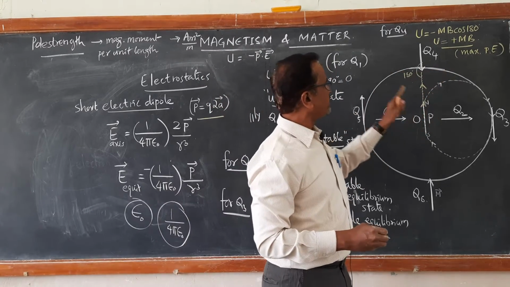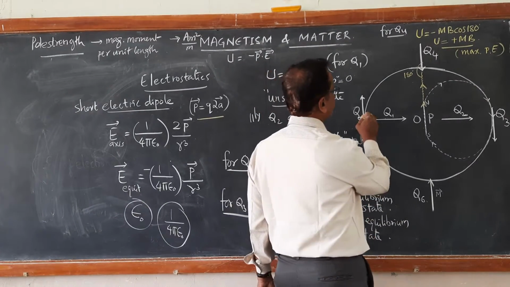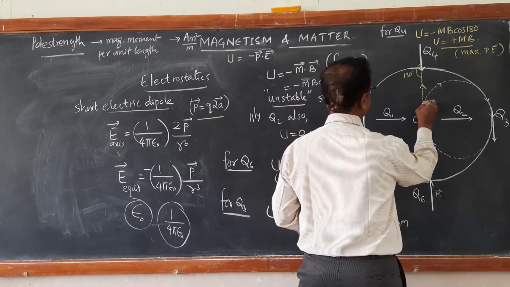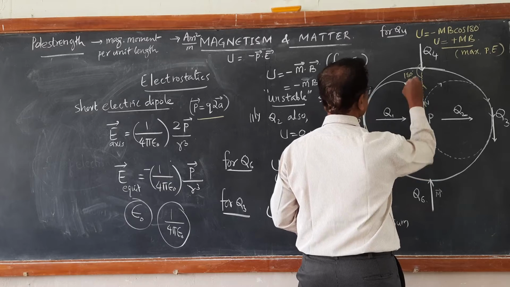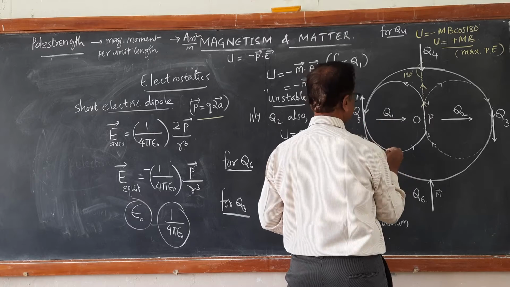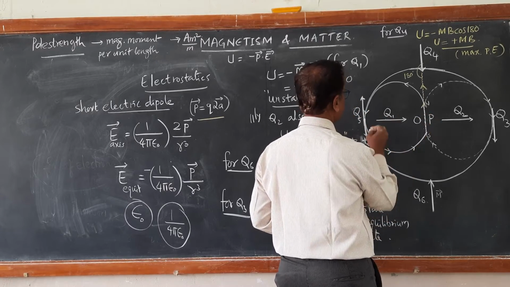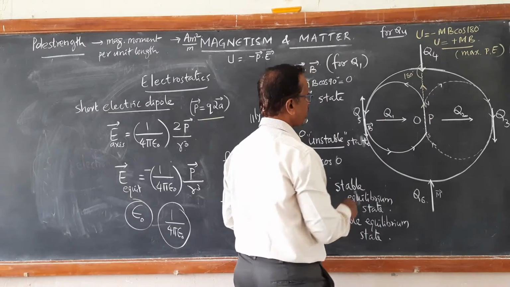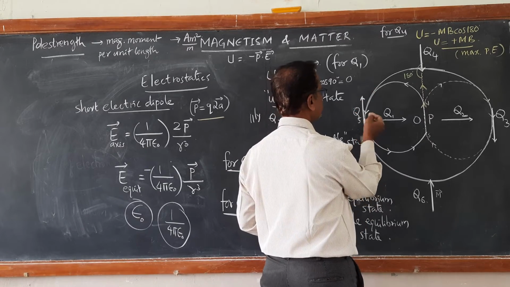Positive mb implies that it is in the most unstable state. Similarly for Q5, if you draw the field lines for this one, it's again like this. Look at it. It emerges from north and you see here it is in the opposite direction, right? So here if you draw the magnetic field of this one, B is in the vertically downward direction and the magnetic moment of this Q5 is in the upward direction as it is given here.